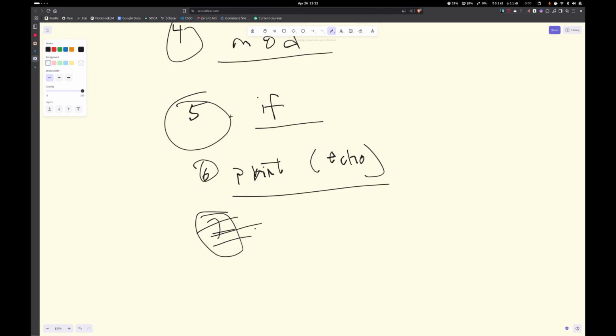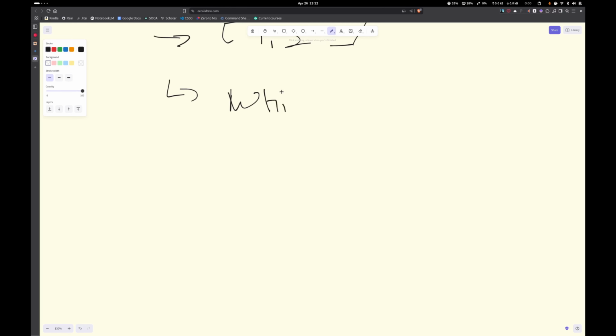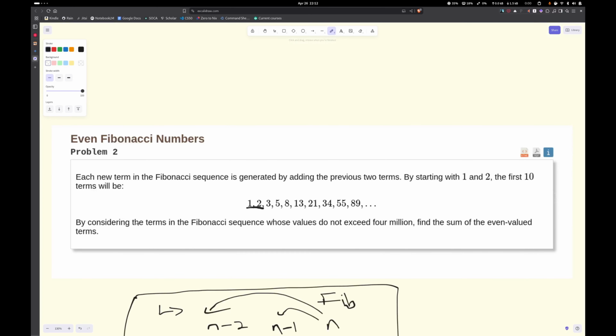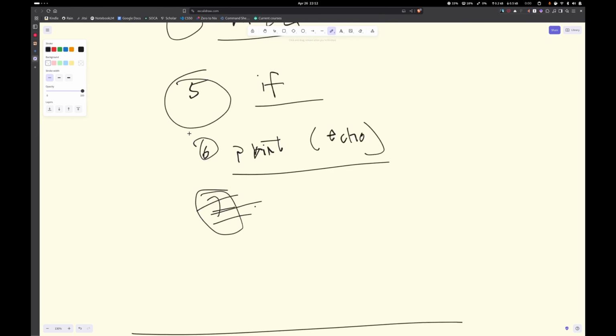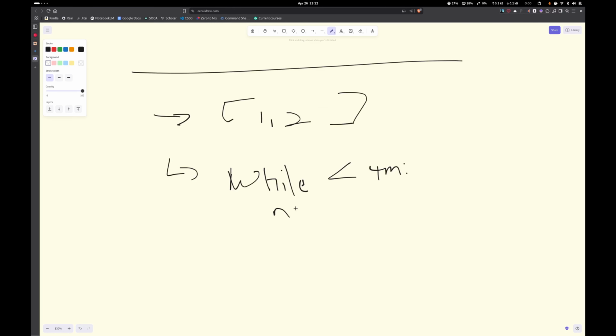So to give you a general idea, this is what I'm doing. I'll define an array that seeds 1 and 2, and then I will have a while loop that goes up to 4 million. So going back to our question, by considering the terms in the Fibonacci sequence whose values do not exceed 4 million, find the sum of the even valued terms. So while less than 4 million, get a new Fibonacci number,